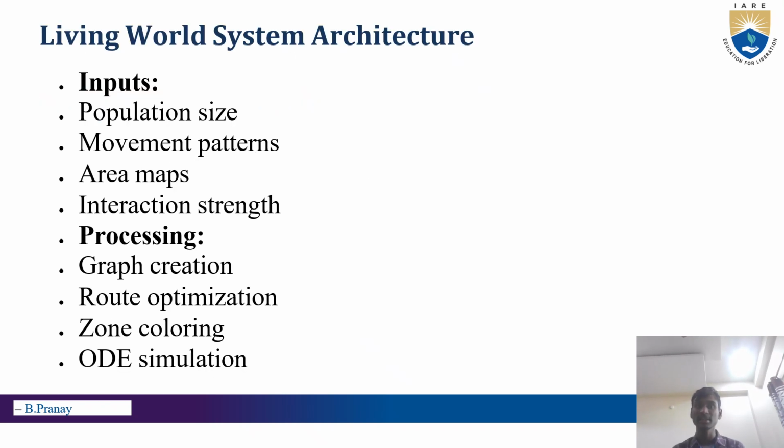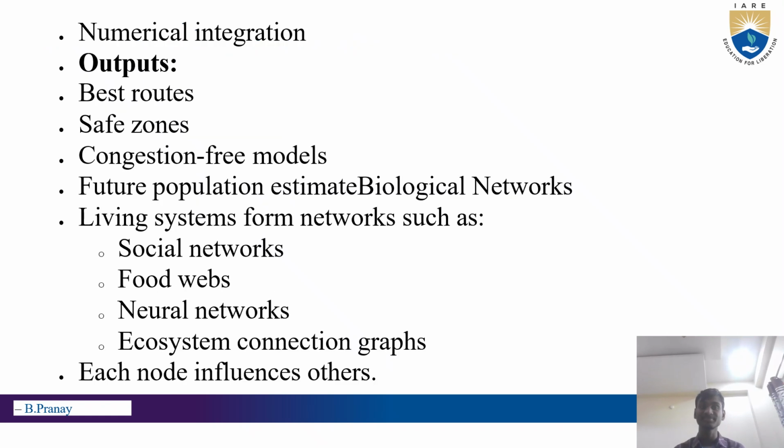future forecasting. Living world system architecture. Inputs: population size, movement patterns, area maps, interaction strength. Processing: graph creation, route optimization, zone coloring, ODE simulation, numerical integration. Outputs will be best routes, safe zones, congestion free models, future population estimate,